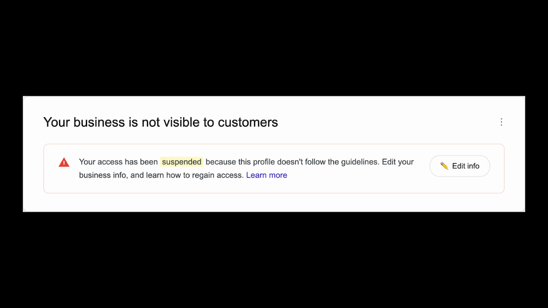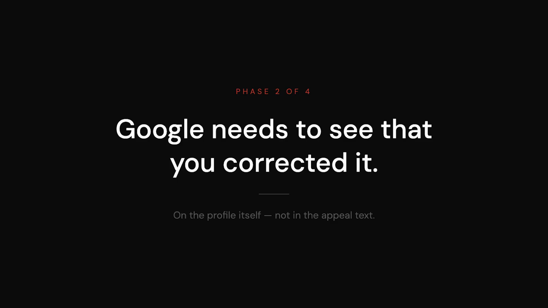So this is the kind of message you can see when your profile is suspended, when you log into your Google business profile. The violation is still active, and until it's identified and fixed, submitting an appeal will not change this. Okay, so once you identified and diagnosed what triggered the suspension, Google needs to see that you corrected it